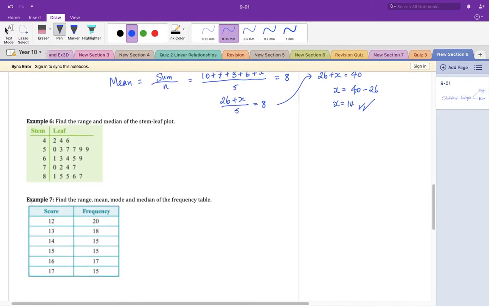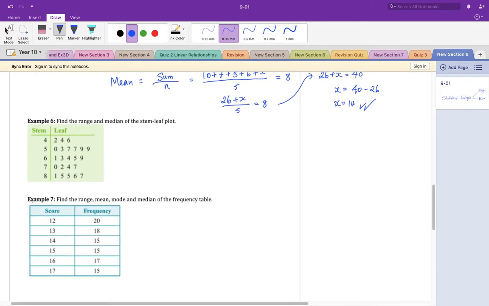Our example 6, this is a stem and leaf plot, right? I'm sure that you have seen it before, but let me just quickly touch on how you read these numbers. On the stem, that's the starting digit. And on the leaf, that's whatever digit is after it. But these are separate numbers, right? So we read it as 40, 42, 44, 46, 50, 53, 57, so on and so forth, all the way